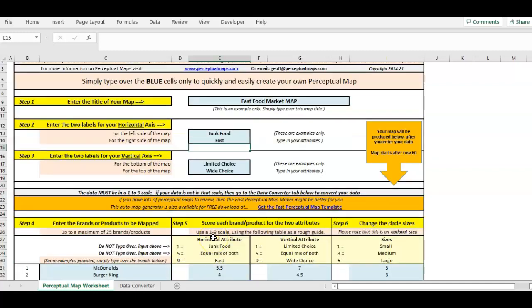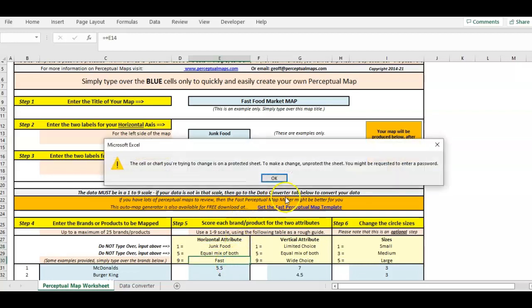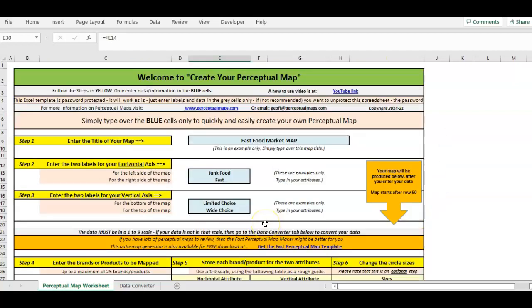However, the way I've constructed it, if you type anywhere else, if you try to change it down here, for example, it's not going to let you. You'll get this message. You'll see it's a protected sheet, and in some applications you'll see a little code down the bottom or a key. So for some reason, I'm not sure why, some people want to unprotect these templates,